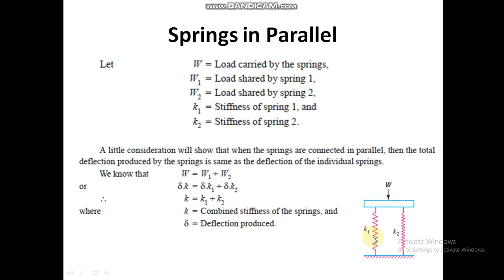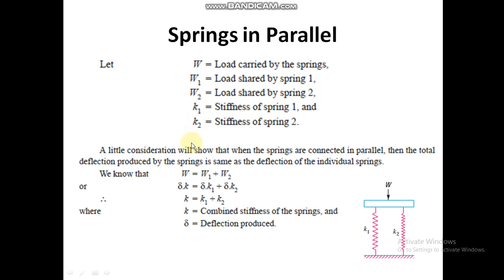So you can see in the diagram, there are two springs K1 and K2. K1 is the stiffness of the spring 1 and K2 is the stiffness of the spring 2, and load W is acting on the springs. So W is the load carried by the springs. W1 is the load shared by spring 1, W2 is the load shared by spring 2, K1 is the stiffness of spring 1, K2 is the stiffness of